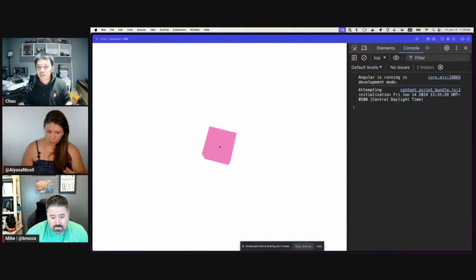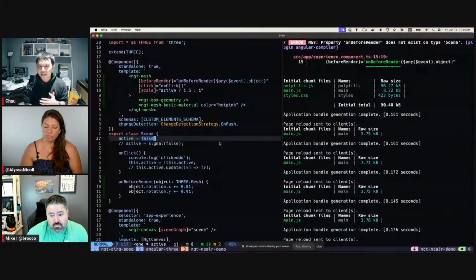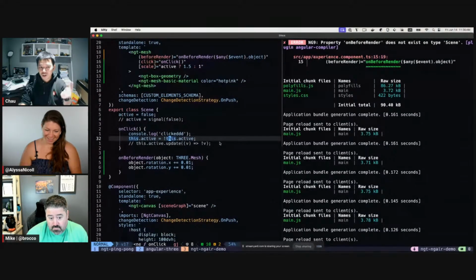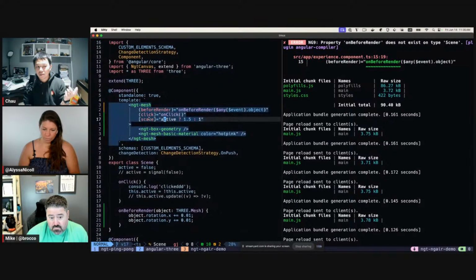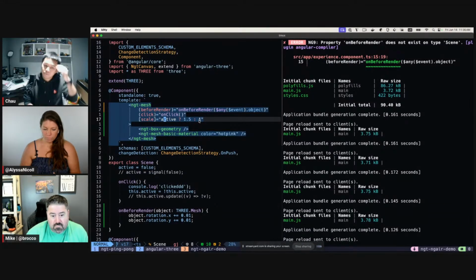So let's say that I want to click this cube in Canvas, not DOM, this object in Canvas, and have it react or change its own state. So here I have an active false. And when I click it, I just toggle this active flag. And I bind this to the scale. So when it is active, it's supposed to be 1.5 times bigger. When it's not active, it stays the same.